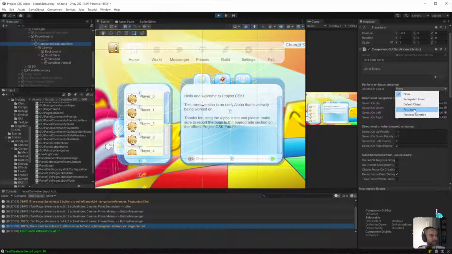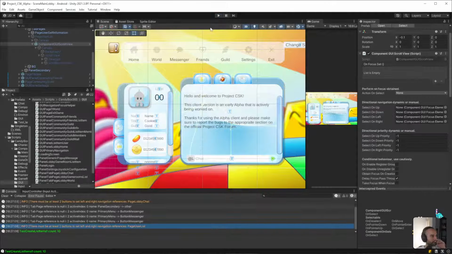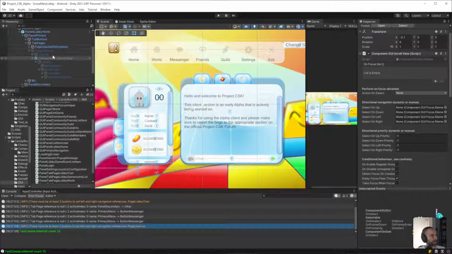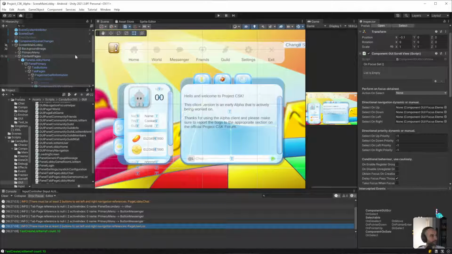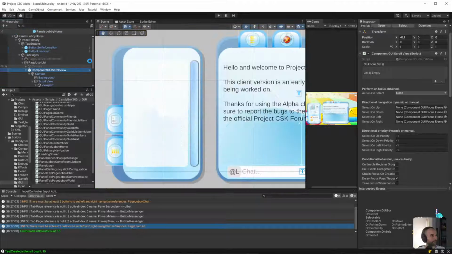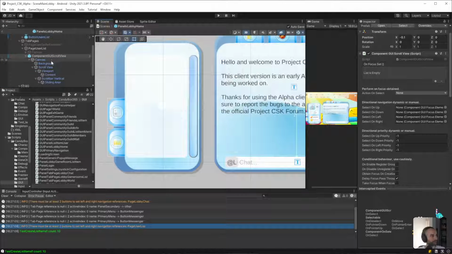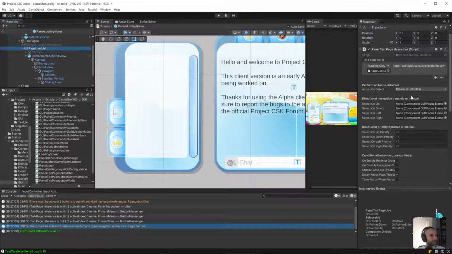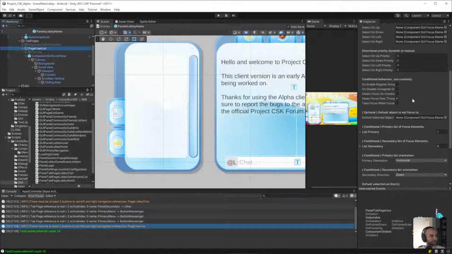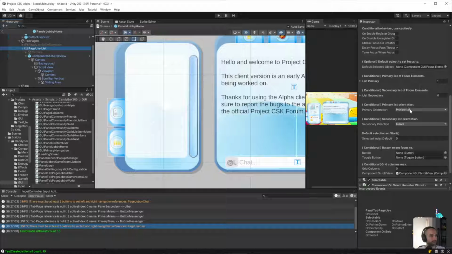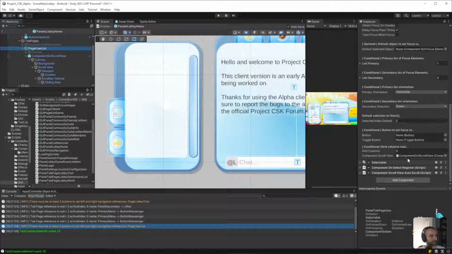Does this need to be previous selection as well, maybe? I don't know. So this is previous selection. Horizontal, down. Scroll view is set.